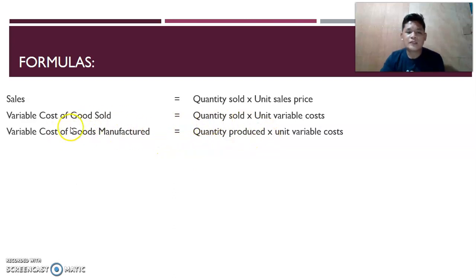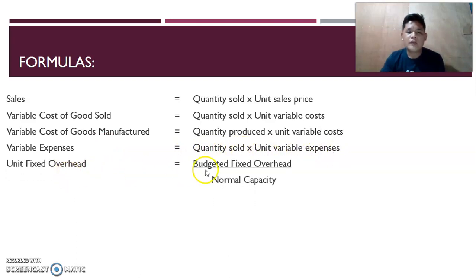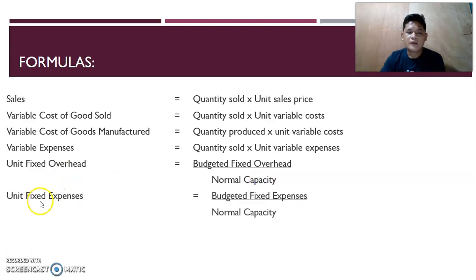Sa manufactured class, magkano yung na-produce mo multiplied by unit variable costs. Variable expenses, that will be quantity sold times unit variable expenses. Unit fixed overhead is equals to budgeted fixed overhead divided by normal capacity. And unit fixed expenses, budgeted fixed expenses